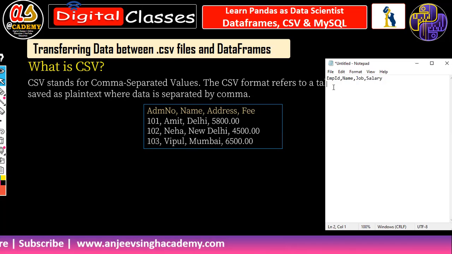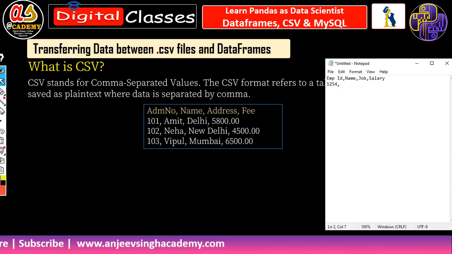So what I'm doing here is writing the column header first, and these values are also separated by commas. If you want to write a name with a space, you can give the space, no problem. A space is just like a word separator, but comma is a value separator. Comma means this is one value, and this is another value, and this is another value. The Enter key is used for the next line. If you want to write another record, you press Enter and move to the next line. Now I'm going to write the employee ID here,